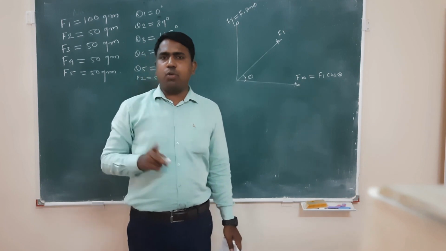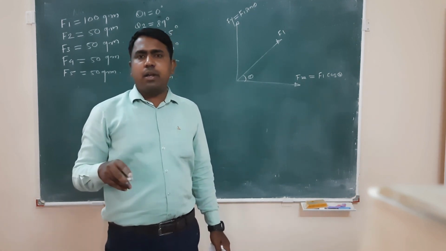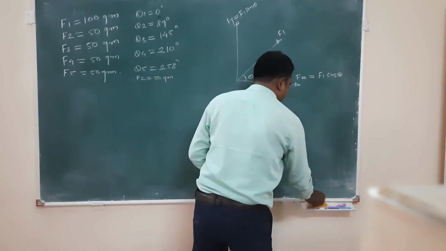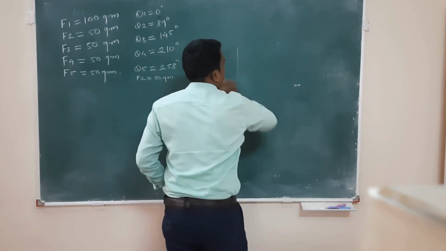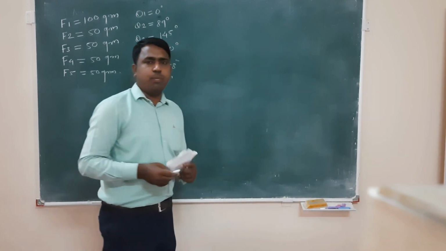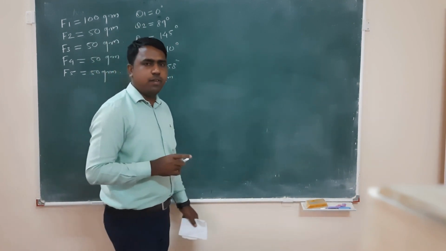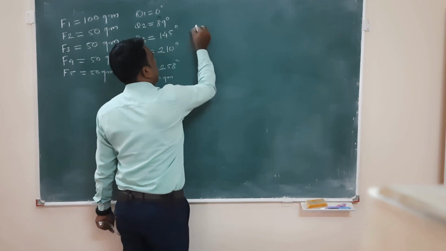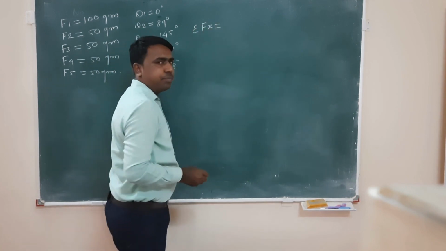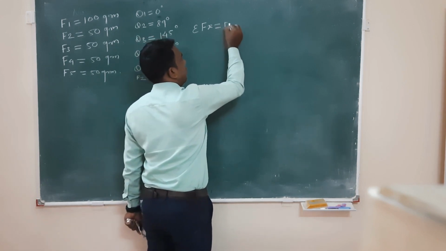इंडिविजुअली भी सब फोर्सेस को अपन रिजॉल्व कर सकते हैं, और यहाँ पे अपन करेंगे कंबाइनली, सबको एक साथ ही रिजॉल्व करेंगे। तो सबको x एक्सिस के ऊपर रिजॉल्व करना है F1 to F5 को, और सबको y एक्सिस के ऊपर रिजॉल्व करना है। So the statement for resolving the forces on the x axis is given as summation of Fx is equal to, it is given as F1 cos theta 1